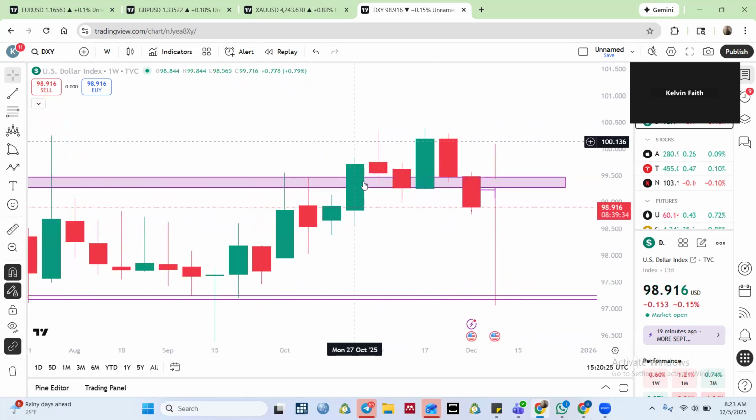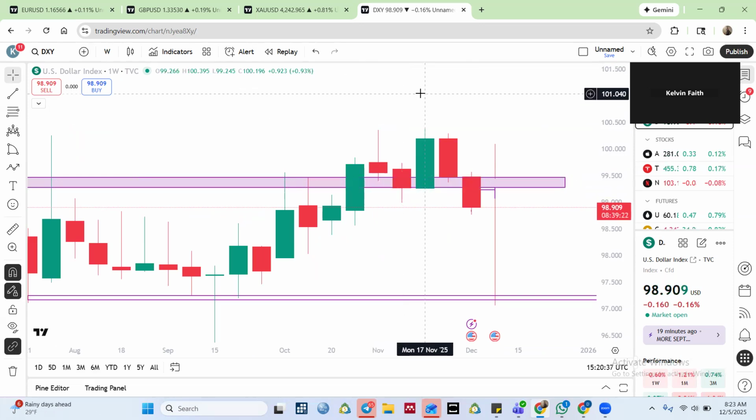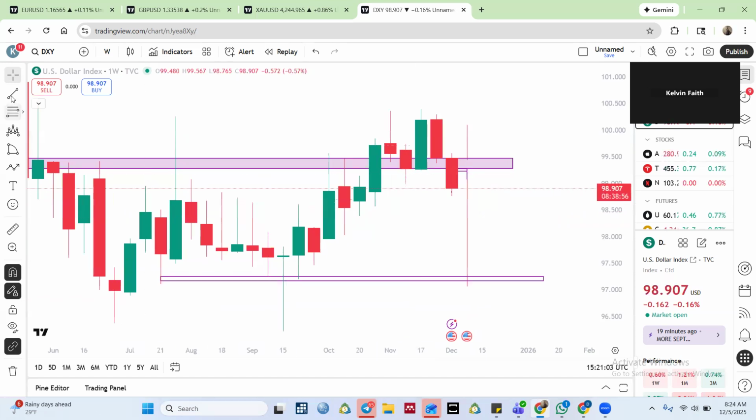We can see a high, a higher high, and then a lower high. It failed because this bullish candle pushed up, but it looks like it was a stop loss hunt. Then we can see this bearish candle engulfs more than half of this bullish candle. Then this week's candle made a little bit of a wick up and then pointed down, crashing the lows, the support.